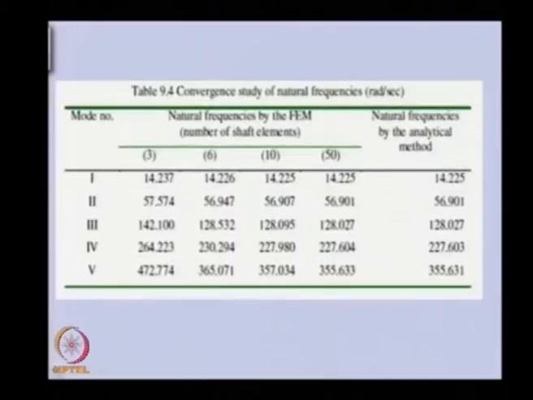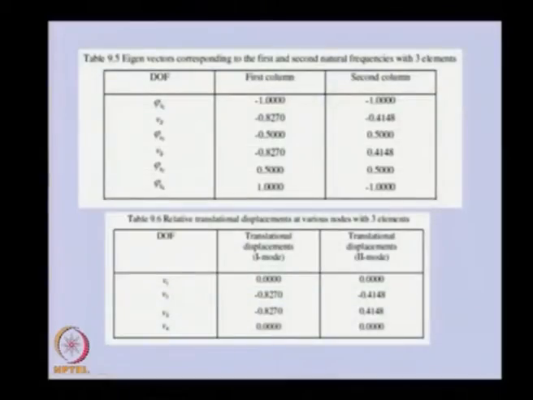Now, once we obtain the natural frequency, let us see how we can get the mode shape. In mode shape, basically, it is the eigenvector, because we will be getting eigenvalue as well as eigenvector if we are using any software for this. So, the eigenvector stacking will be like this. For 3 elements, the size of the eigenvector matrix will be 6 by 6, and the first column of that